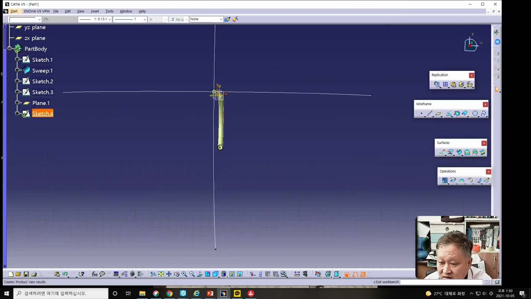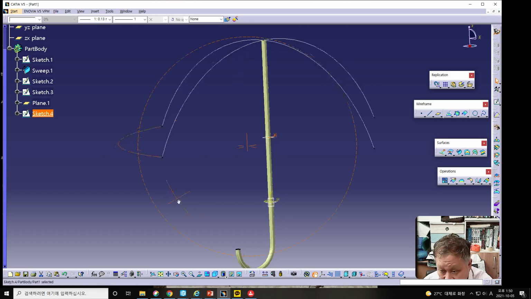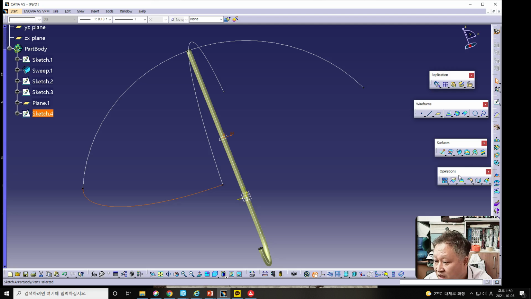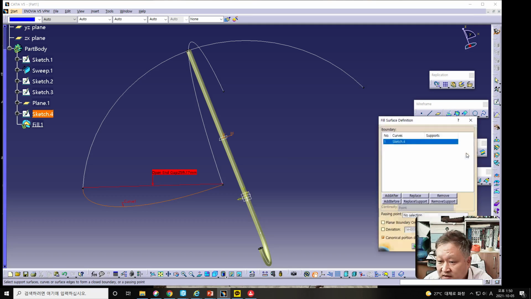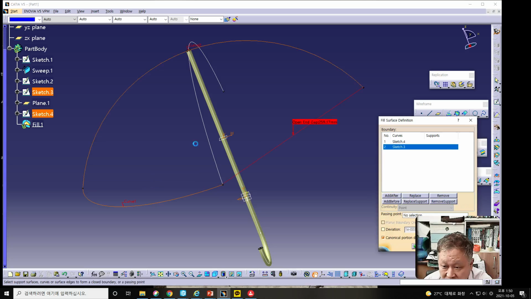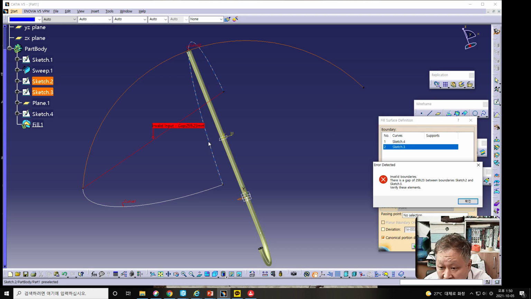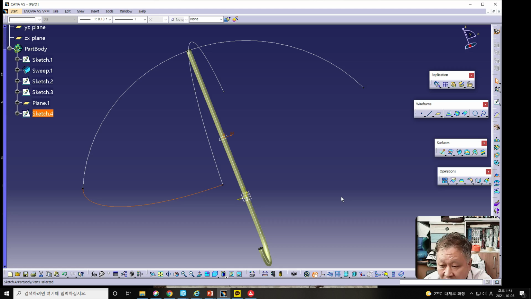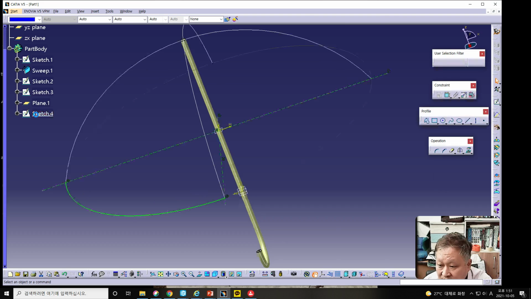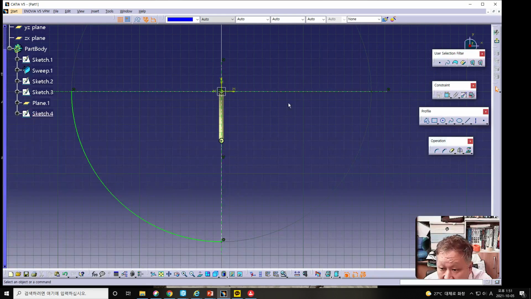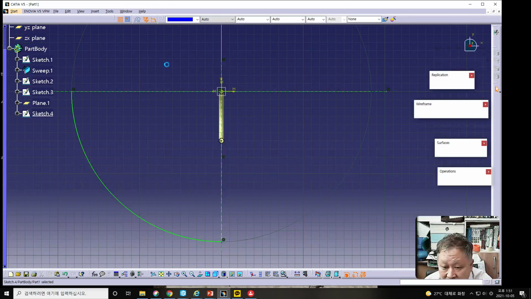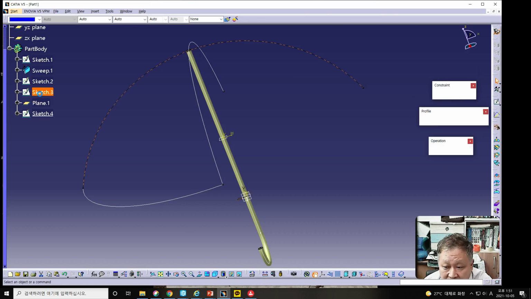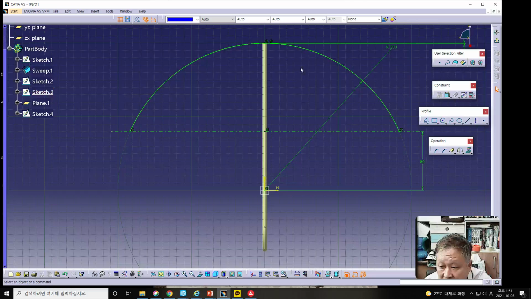And please exit the sketch workbench, and in this time we should click fill surface, and this one, and this one should have some gap. If this is an error, please redraw the circle. Sketch 4, this is well sketched like this, and sketch 3 we should check it,